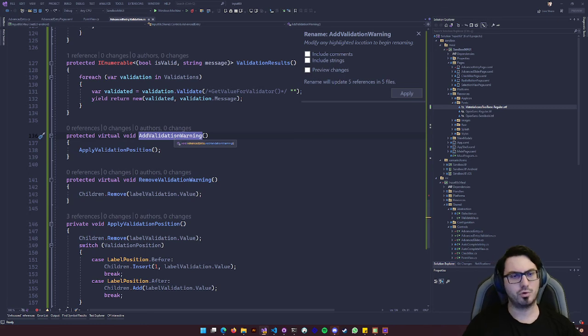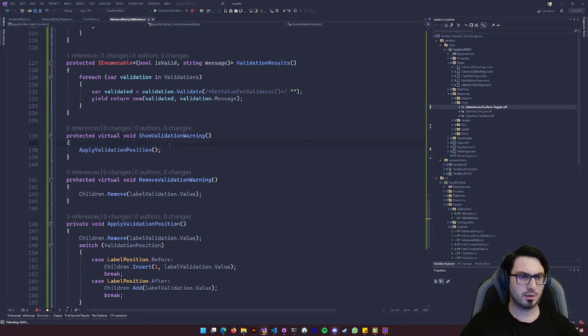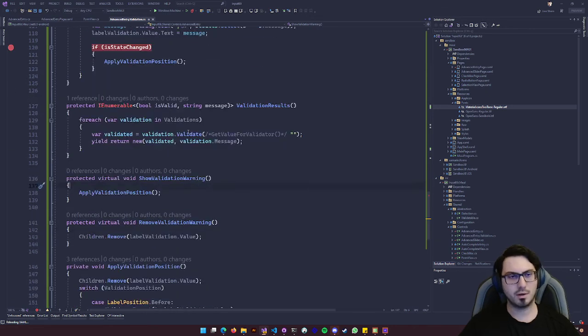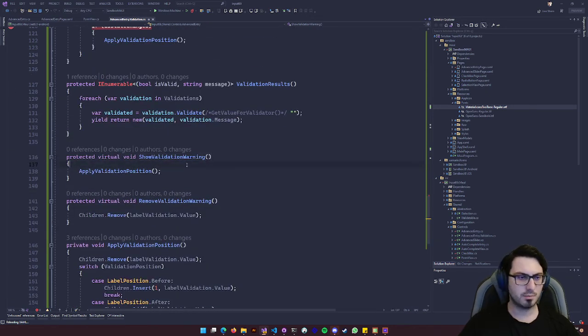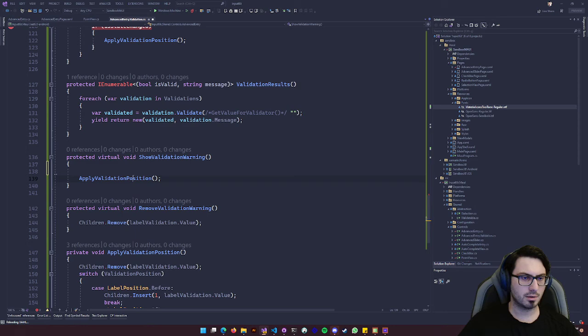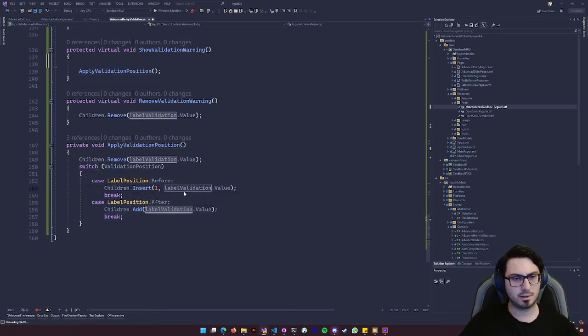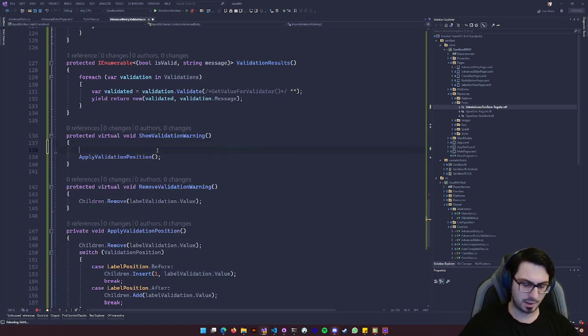Show and remove, show and remove, show validation and remove validation. Okay, I will use show because my brain remembers it as show. So this is my show validation method, and this method places the validation label, and I will place the icon